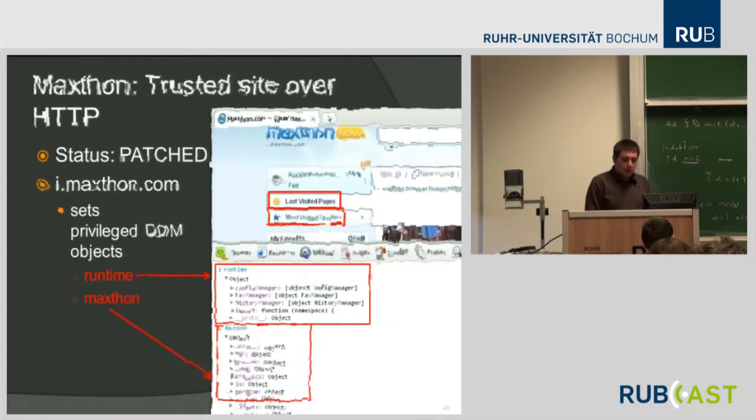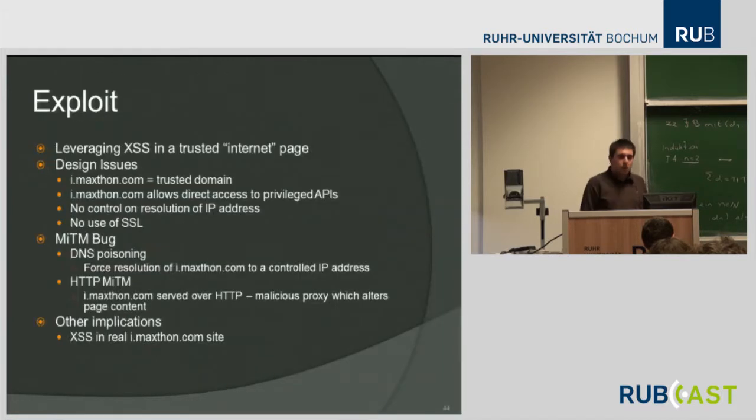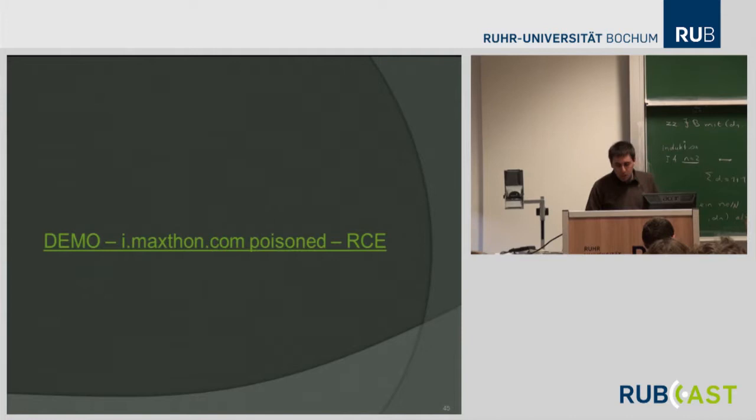But the problem I found with imaxthon.com is, first, that it's served over HTTP, not HTTPS. So if you have any man-in-the-middle attack, you can take advantage of this design. Again, if you have DNS compromised, you can take advantage. If you find a cross-site scripting bug inside the imaxthon.com website, you can take advantage of that. Basically, you can execute the two objects I showed before to do things with your system. And I'll show you a demo